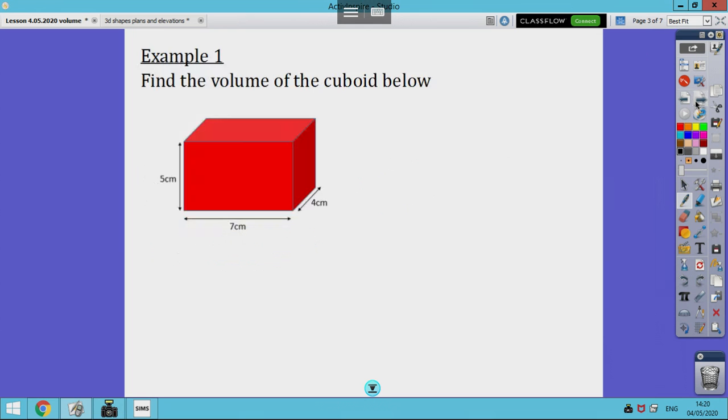So let's have a look at our first example. Now we're doing a super simple one. Find the volume of the cuboid below. We can see that the cross section of the prism is a rectangle and the length is 4 on this one, just because of the way it's facing. So let's find the area of the front face. I hope this works. Also, I'm writing with my finger, so if my handwriting looks like a 3-year-old, you know why. So your area of your cross section is going to be 5 times 7,